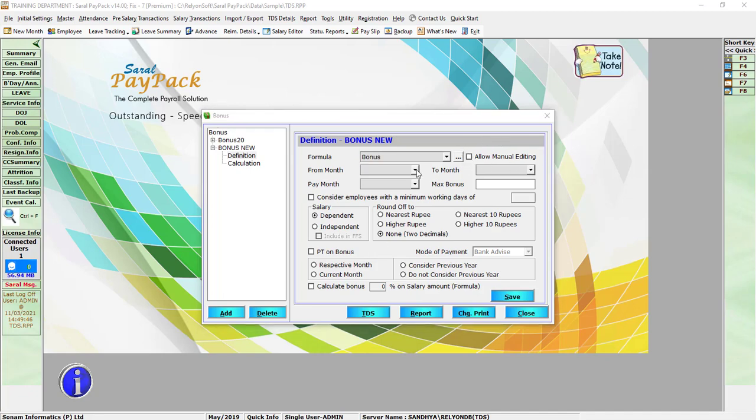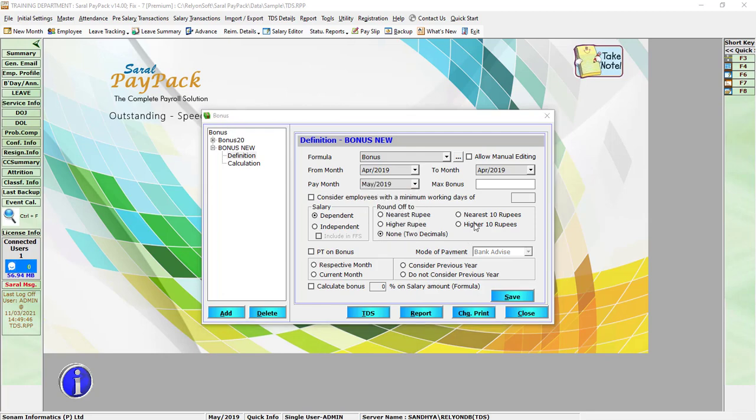Next, select the months for which the bonus is to be given. The duration can be a single month or many months. Also, select the month in which the bonus is being paid.